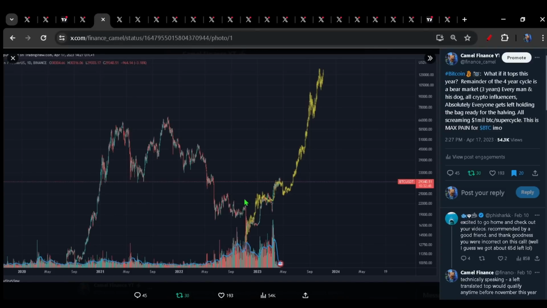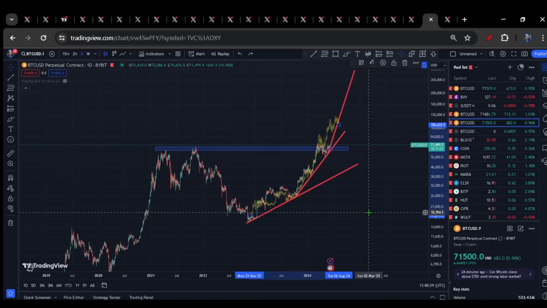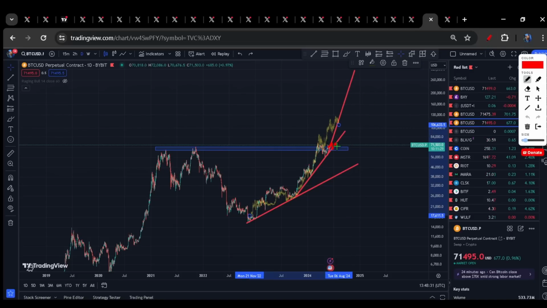For Bitcoin, the idea was fairly similar. The idea was that at the lows, we were going to accelerate, put in an all-time high before the halving, and perhaps even have to entertain the idea of a left translated cycle top, meaning the top will form before November of this year. Similarly, we fast forward to today, we have a look, and the thing looks more or less in line with expectations. The only missing component, similarly for the stock market, is that last third and final near vertical blow off top angle. So if we can get that in the not too distant future, again, everything will more or less be playing out as expected. Of course, invalidation will come from any kind of trendline violations here.